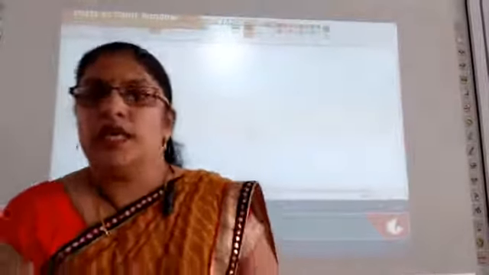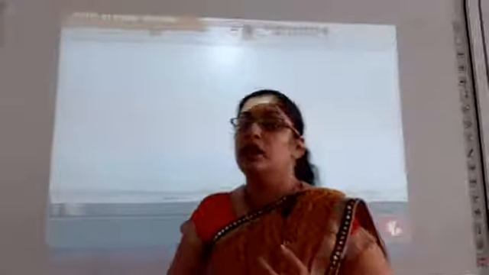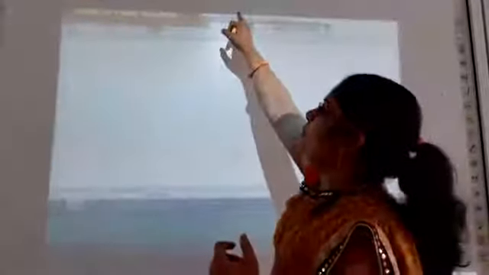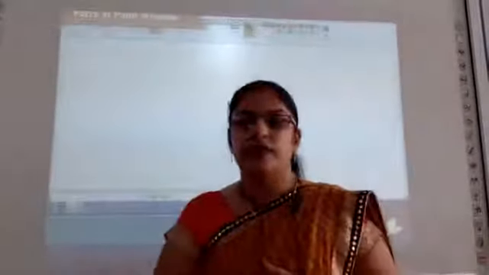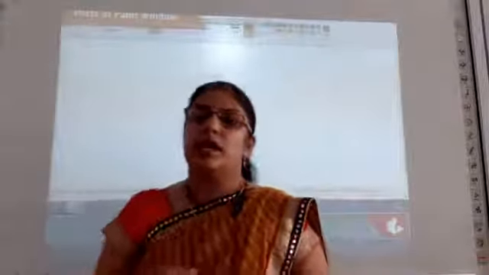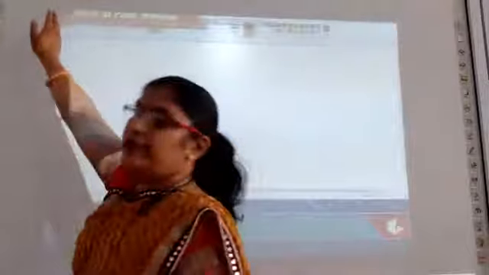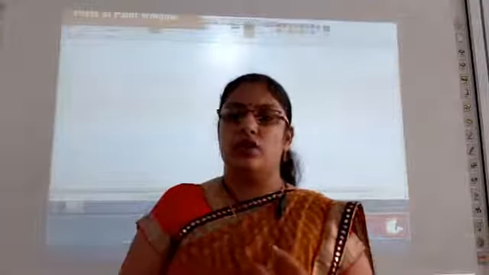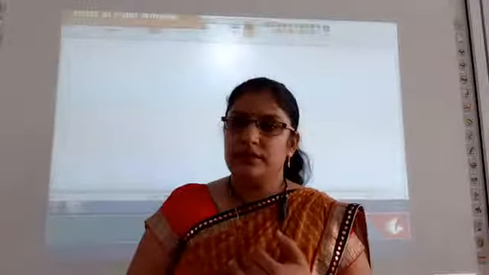The uppermost long horizontal bar at the top of the Paint window is called the title bar. Then there is a blue button on the left side of the bar, that is called the Paint button.